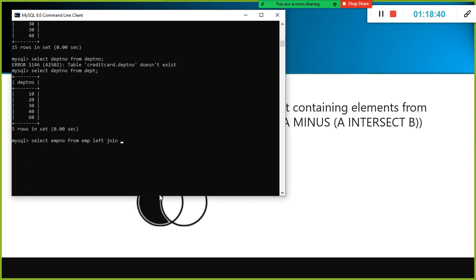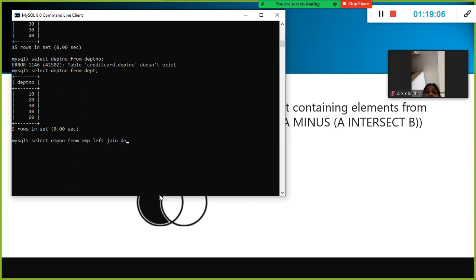We performed left join. I would say left join on emp. Let's do left join, sorry, depart, right? Left join depart using, left join depart as D, right?